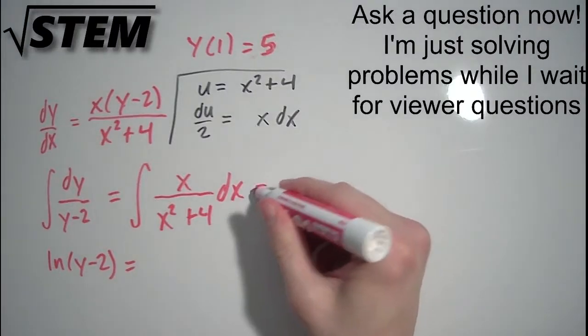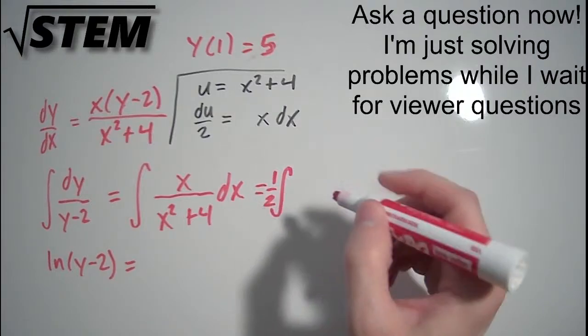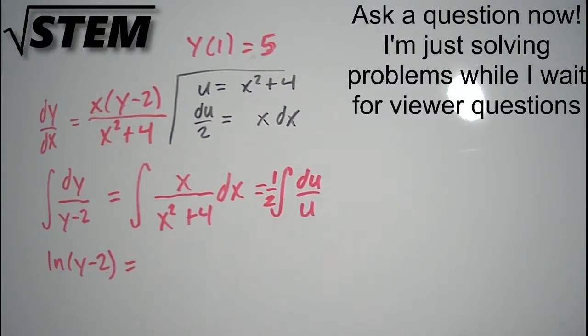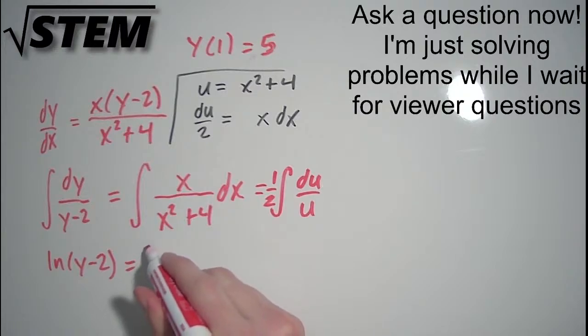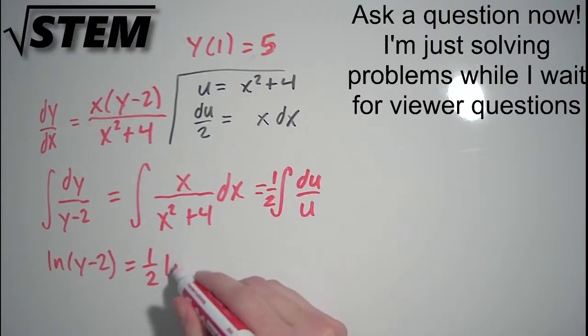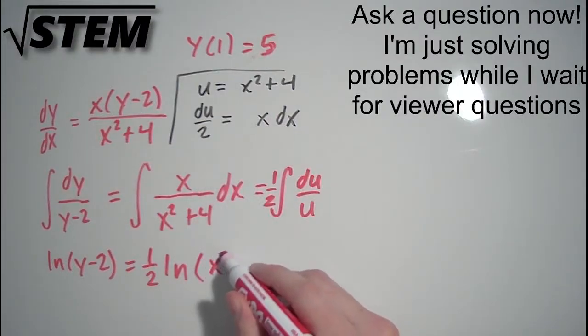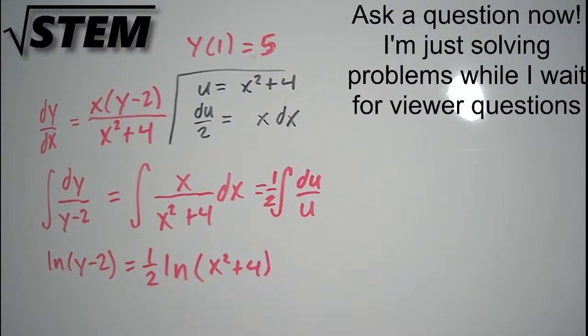So this will actually become the integral of, or 1/2 the integral of du over u. So we're going to get a natural log on this side as well. 1/2 natural log of u, which is actually x squared plus 4. And we can almost do that same, or rather we will do the same raising both sides to e trick, or raising e to both sides,